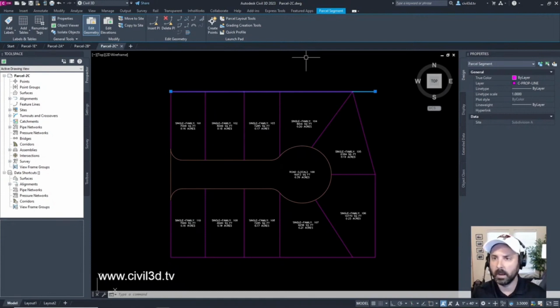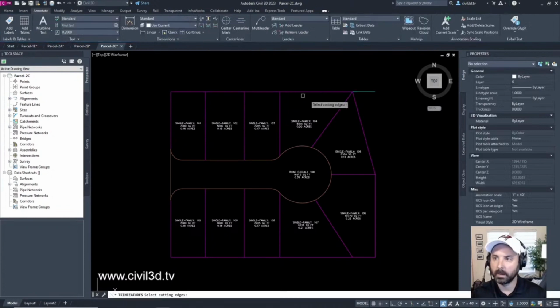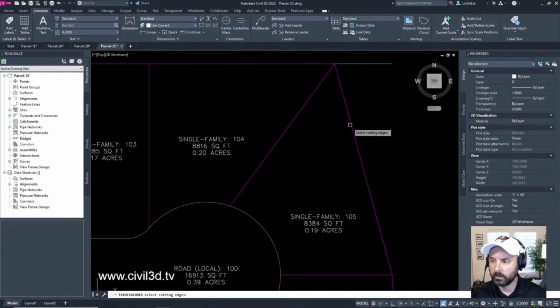Parcel segment tab. Okay, we're in that parcel segment tab. Edit geometry panel. We've got that. Then there's a little trim button right here. Click that. The cutting edge is going to be the back edge of lot 105.